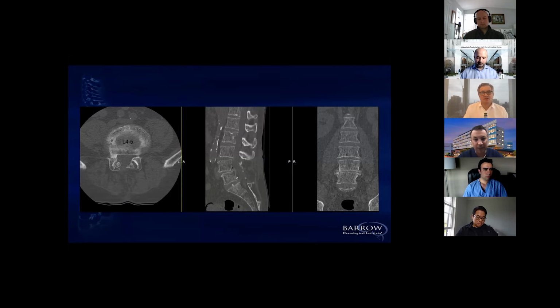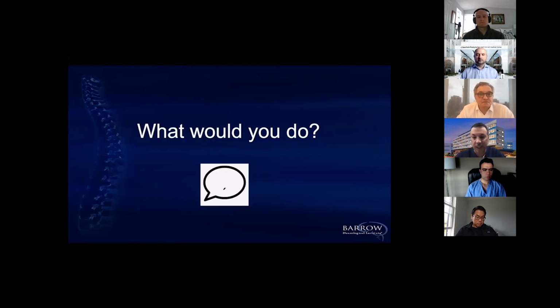You have a laminectomy of L5-S1, a laminectomy of L4-5, and the spondy, and then you have this retrolisthesis at the proximal part above the laminectomy. So the question is, again, what will you do in this case? I want you guys to put your input in the text, and I'll see if Jonathan or Coy or Ali can tell us a little bit what the consensus is